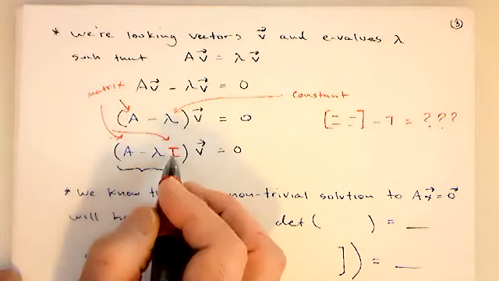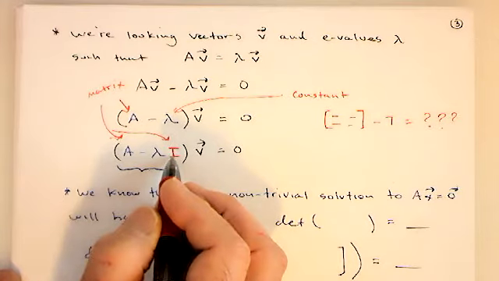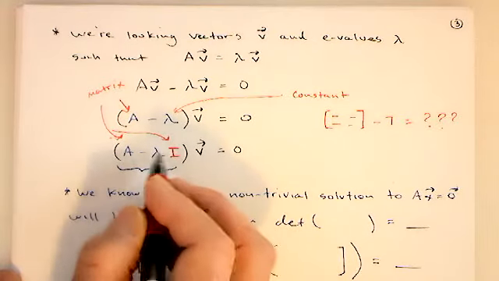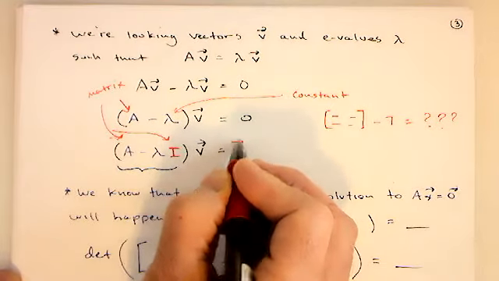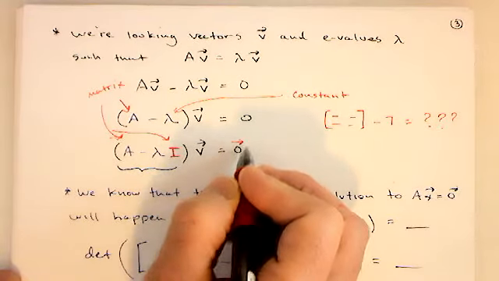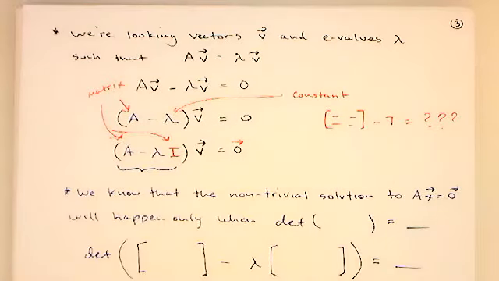And a matrix minus a matrix is going to be another matrix. So this is going to be a matrix times V equals 0. And to really emphasize this, I'm going to put 0 like as if it's a vector. That should look familiar, because back at the beginning,